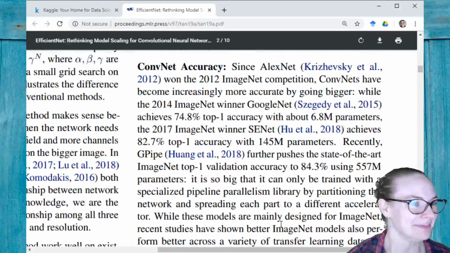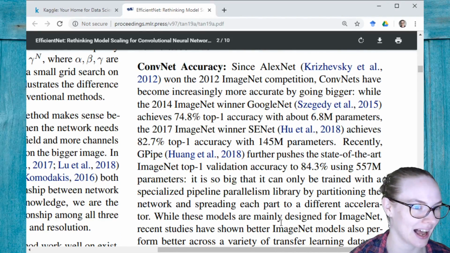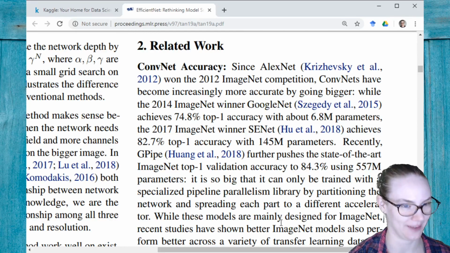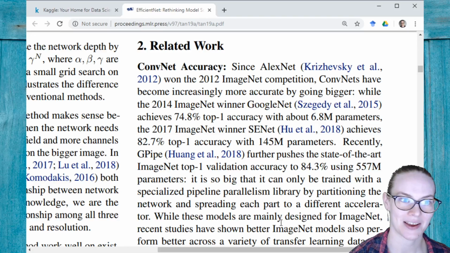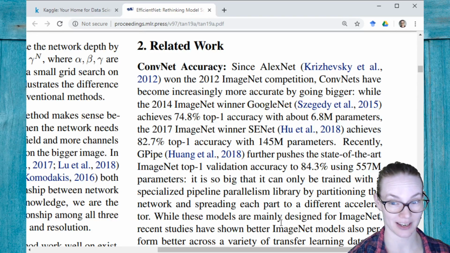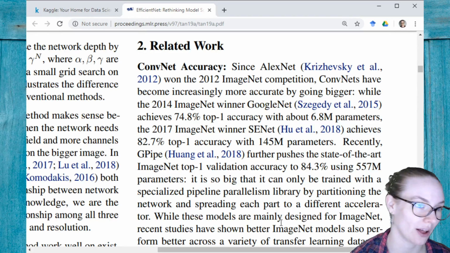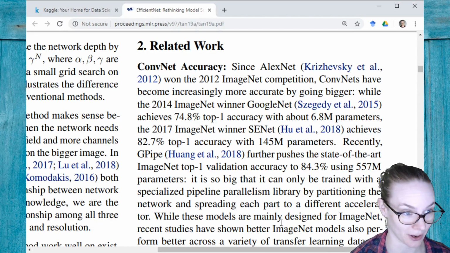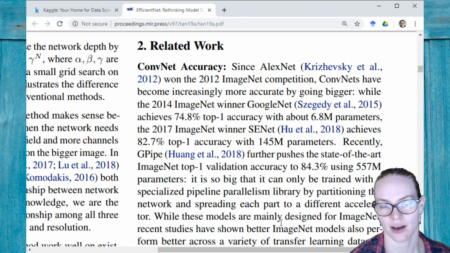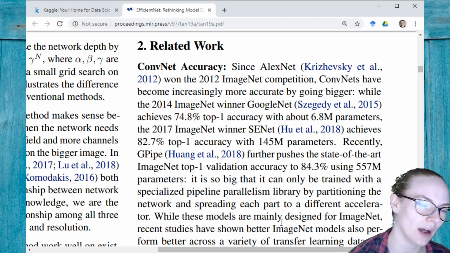All right. Convnet accuracy. Since AlexNet, Krizhevsky et al. 2012 won the 2012 ImageNet competition, convnets have become increasingly more accurate by going bigger. Also true in NLP in general. Well, the 2014 ImageNet winner, GoogleNet,